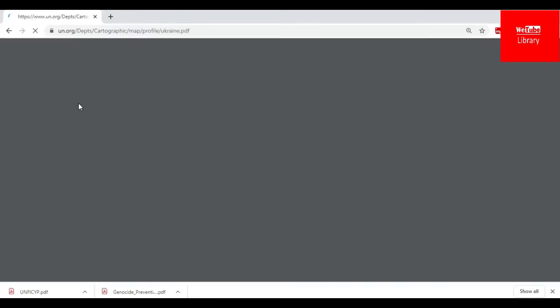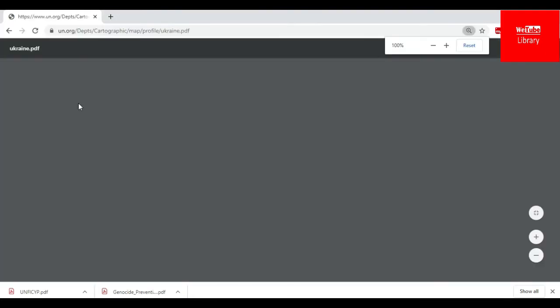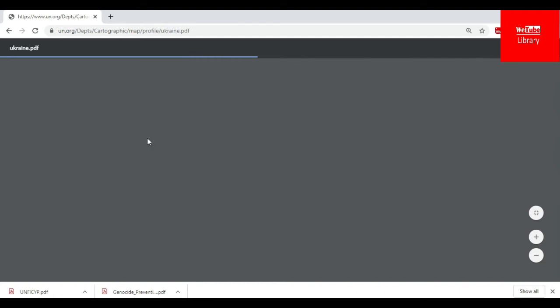Suppose I click here on Ukraine's map. Here you can download the HD map of Ukraine. Let's wait for processing. This is a very helpful website. I was just browsing the United Nations website and I found this section.